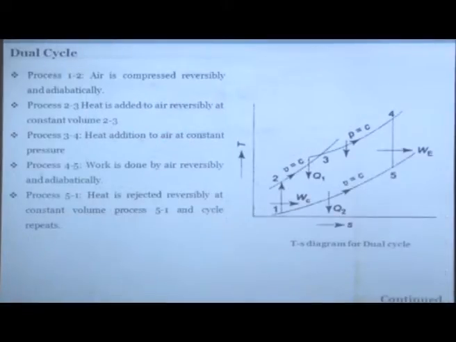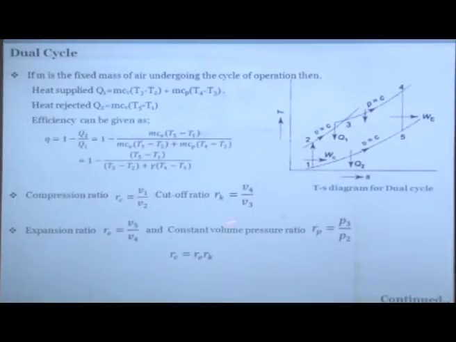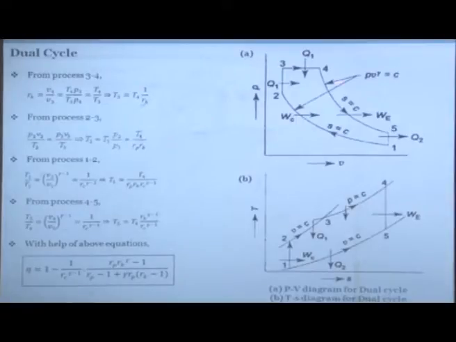So, in a way expansion ratio is directly related to cutoff ratio as well. Okay. So, if you develop these expressions, then finally you say that compression ratio is nothing but a multiplication of expansion ratio and cutoff ratio. So, you can arrange all these PV diagrams on your own. Okay. So, now this is the analysis.